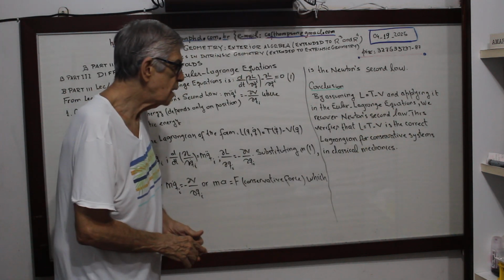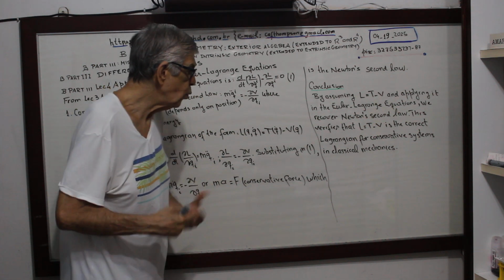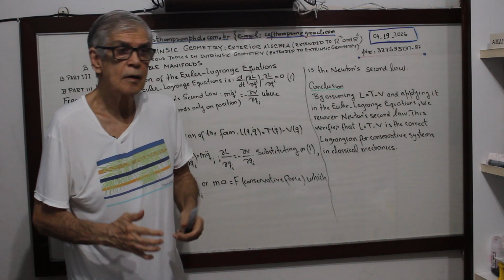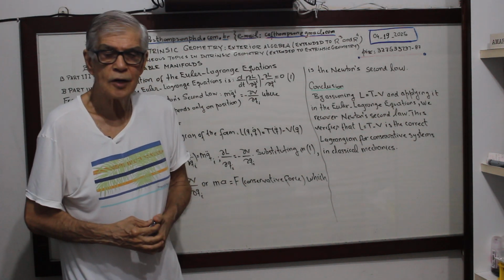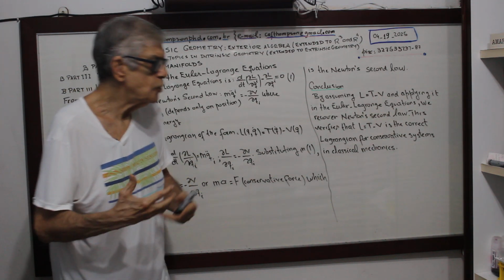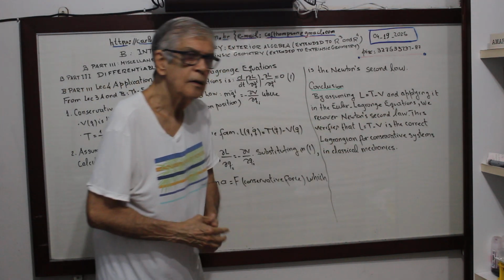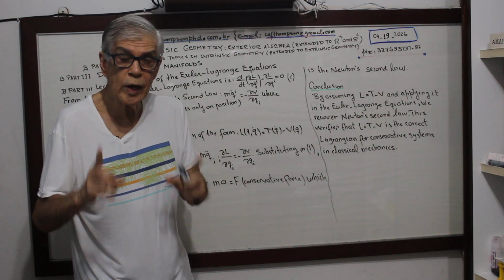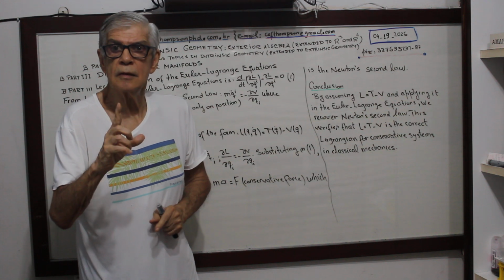You see? When you see written L is equal to T minus V, there are hypotheses such that I can represent Newton's second law just using the Lagrangian L equal to T minus V, which is independent